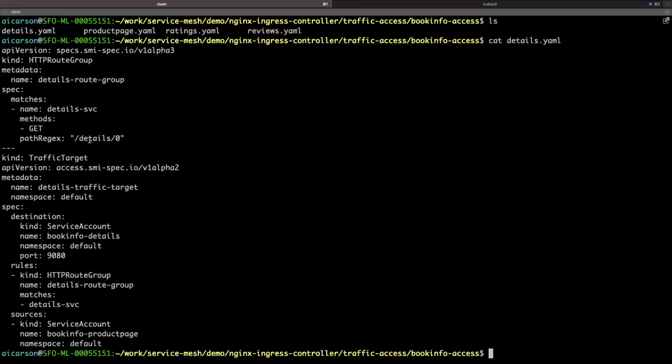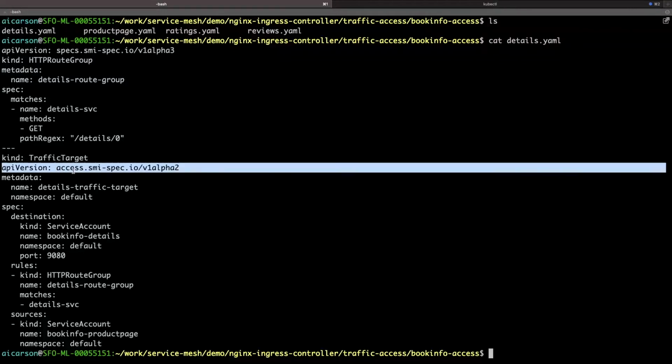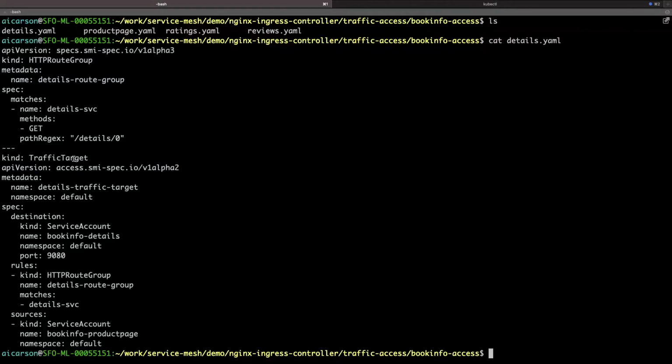And then we have the path regex, which is the path that the details service is going to be wanting to accept. And then we have the access control, which is going to actually reference this HTTP route group, and then it's going to apply a destination and a source. This is going to be what allows that traffic to get through.